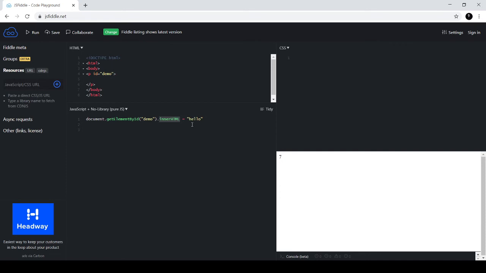and then I'm going to use the innerHTML property, and I'm going to type hello inside that. So let's see if it works. So it's going to print hello there, right? So what I want to show you here is that even if I write this on the next line,